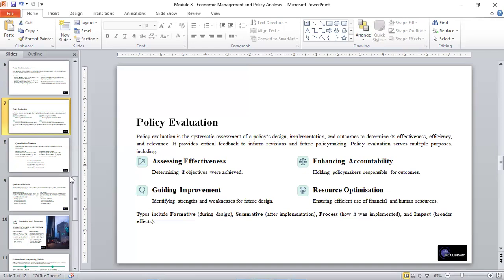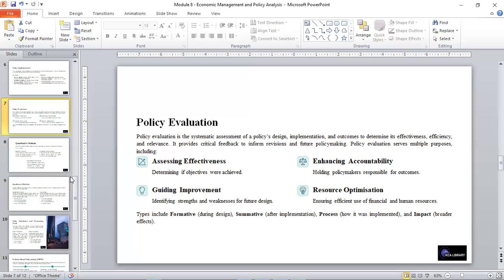Another purpose is enhancing accountability, that is, holding policymakers responsible for the outcome. Another purpose of policy evaluation is guiding improvement, which deals with identifying weaknesses for future designs. And lastly, resource optimization deals with ensuring efficient use of financial and human resources. The types of policy evaluation can be formative, which is during design, and summative, which is after the